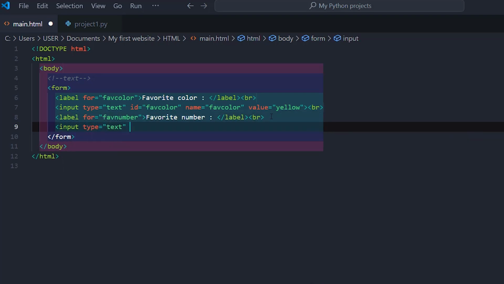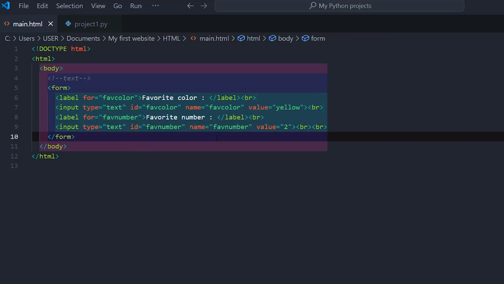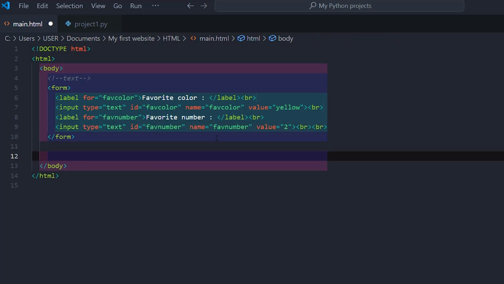Input type text, ID is favorite number. Name equals favorite number. And then value is like 2. 2 line breaks this time. And let's move on to the next type,